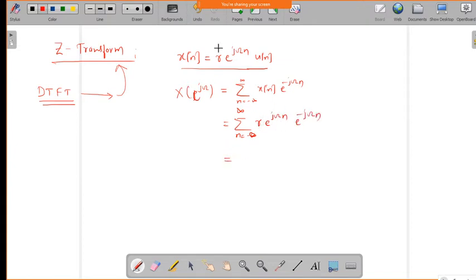If you assume the magnitude r is equal to 1, then this summation, with n equal to 0 to infinity, of 1, will tend to an infinite value. So in those situations, the DTFT will not exist. In those types of complex discrete time signals, the Z transform will be useful.